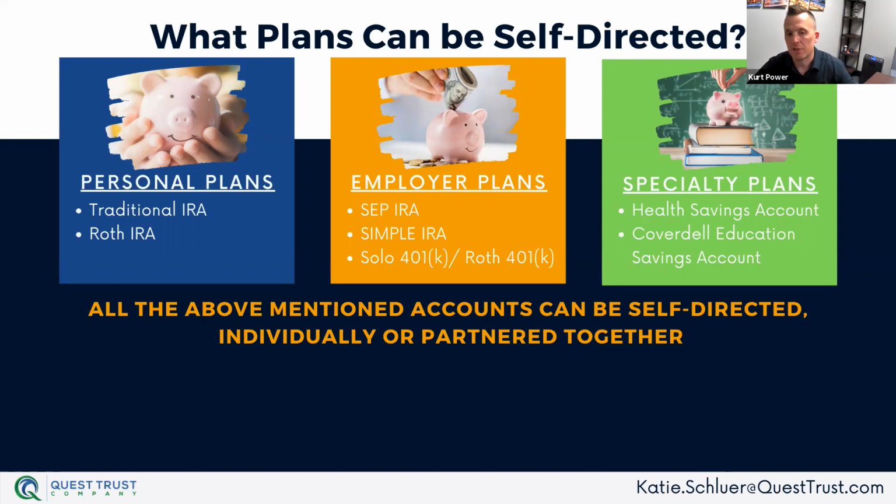Right. So in the case of the traditional and the Roth, if I'm under the age of 50 years old, my max contribution, $6,000 per year. If I'm over 50, I get a catch-up contribution of $1,000. So the max I can contribute is $7,000. I can roll over from my old retirement plan $500,000. I can transfer in $500,000 from an IRA at Charles Schwab or Fidelity.